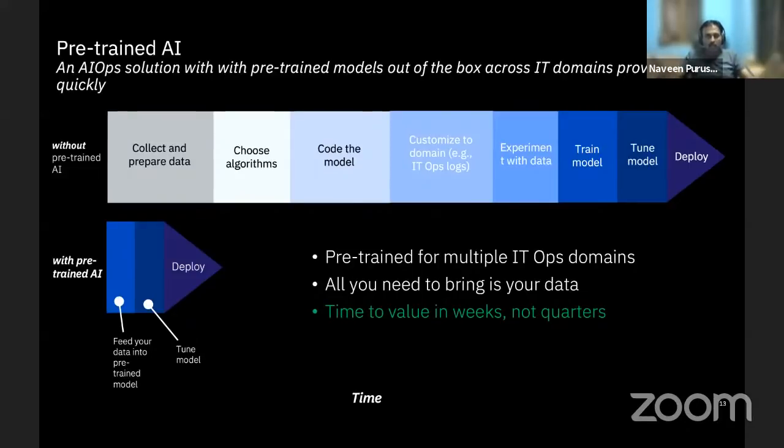So as you can see from the length of the horizontals, the pre-trained model always has the advantage of giving you the value much faster because you just need to perform a tuning. If you take some of the tools available in the market, there are tools that can take 2 weeks worth of data and start learning about the environment and start giving you anomaly detection type of output. Some other type of tools probably need 4 weeks worth of data. On the other hand, sometimes there is advantage of using